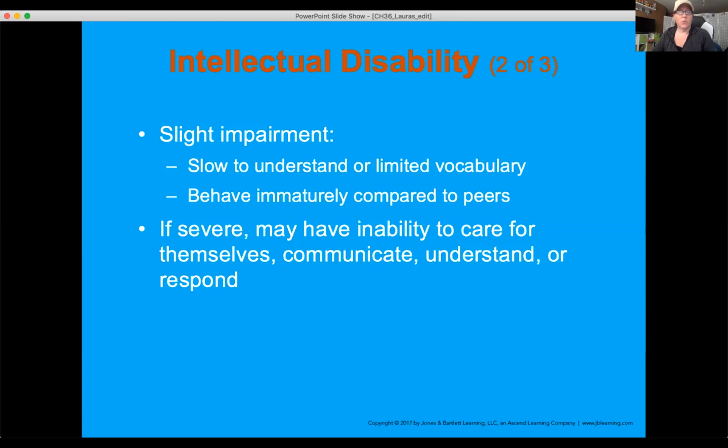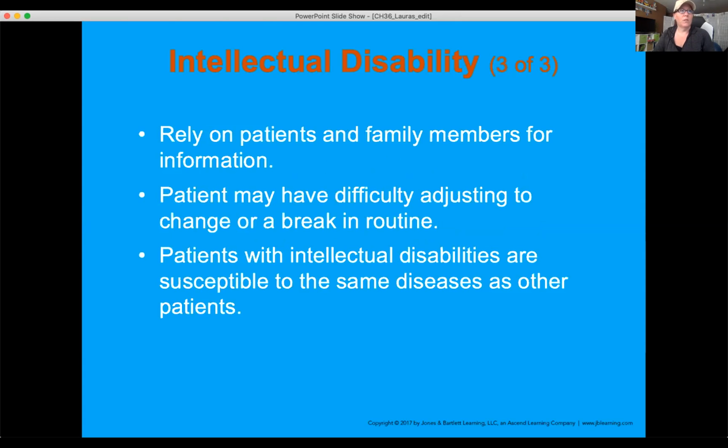But even if there is an appointed guardian, you need to make sure that you're talking to your patient and trying to communicate with your patient as best as possible too, because your patient can give you some of the best information. All right. So it talks about relying on patients and family members, also caregivers that are on the premises. Sometimes people have home health that changes from day to day, but there should be a log where home health has kept notes throughout the month of what's been going on with that patient.